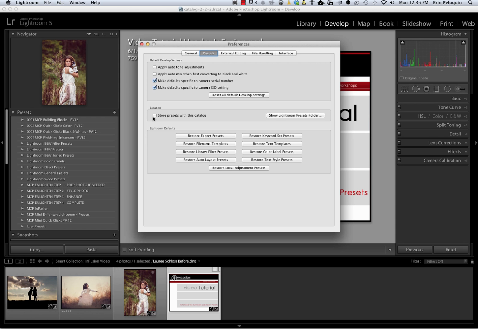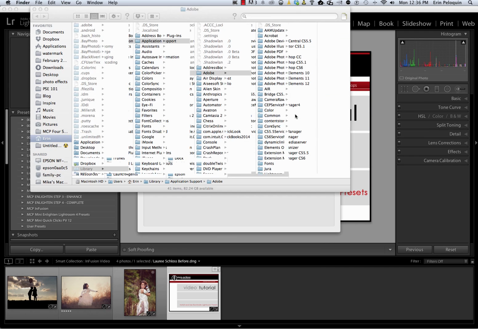Now, if you install presets and found that you have lost another set of previously installed presets, then that means that you have selected the incorrect status for this setting and you need to reinstall those presets using the other setting. So once you've decided whether to leave this box checked or unchecked, you'll click on Show Your Lightroom Presets